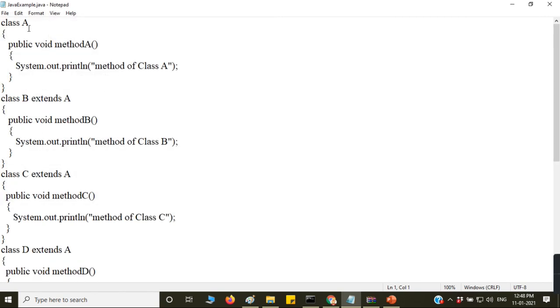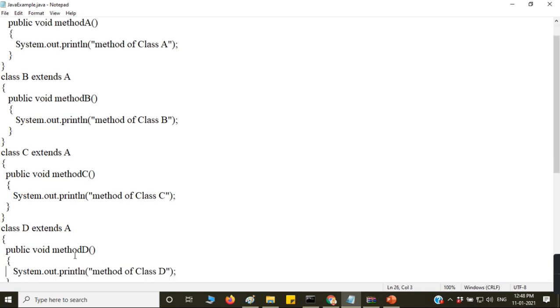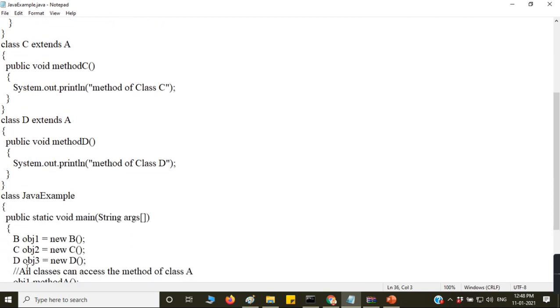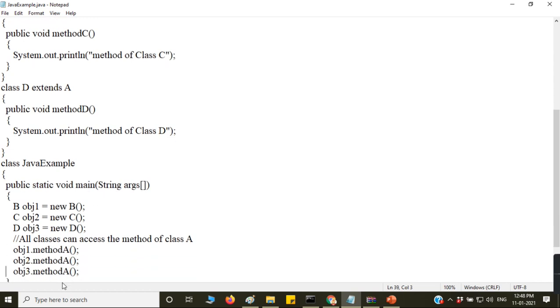Open this. Class A, B has the same superclass, C has class A only, D has method A only. You are supposed to create the object of all three classes and call this same method A only. Is it clear? That is hierarchical inheritance.